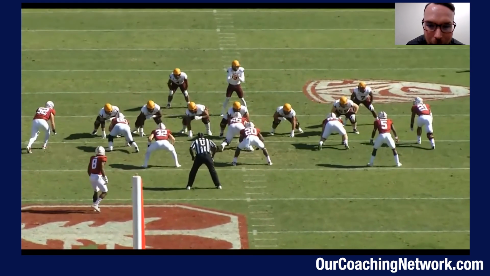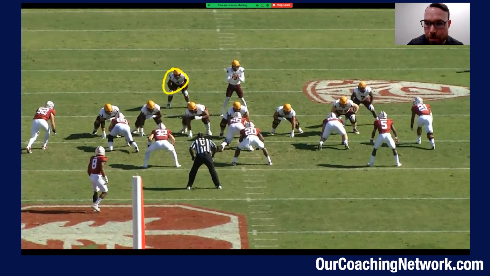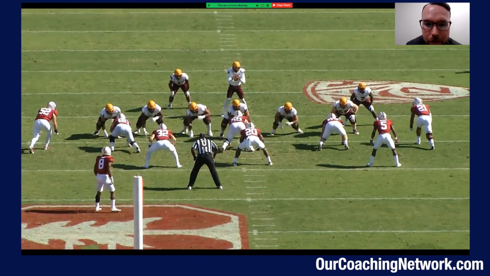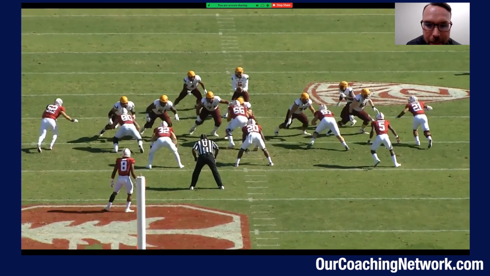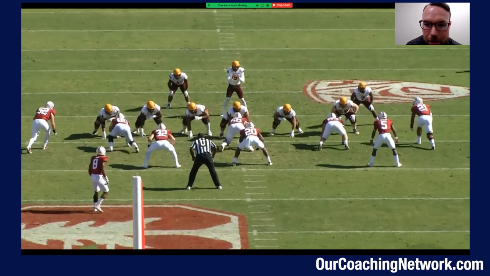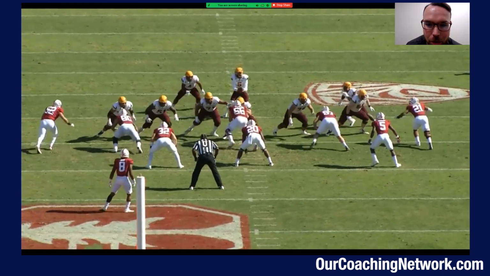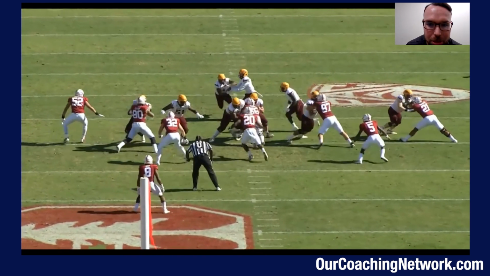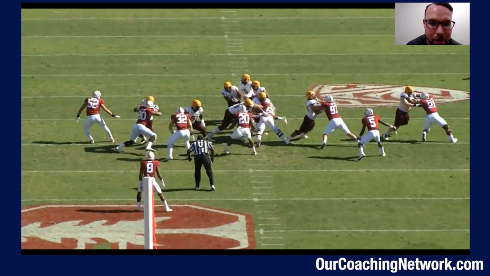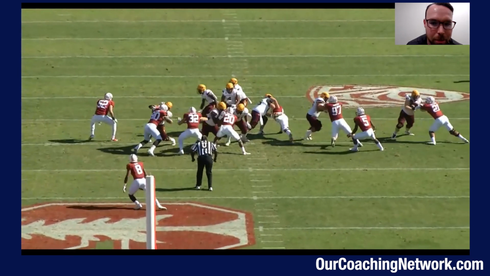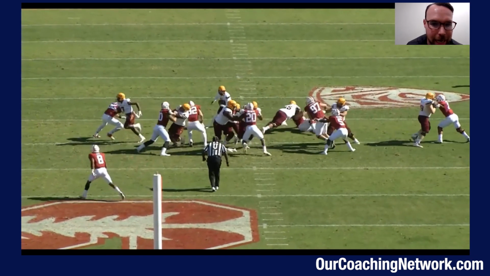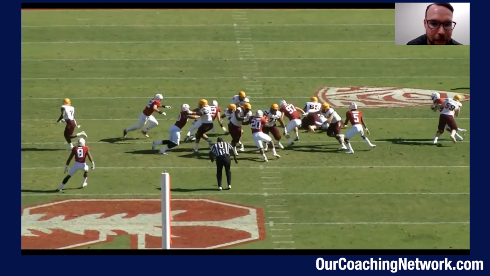Here's a much better picture of it where same thing. He knows, hey, back's away, have to block 21. That means boom, I can play the fan. You can even see him cheating his alignment aggressively inside in anticipation of the fan block. If you watch his feet, he's not even honoring the threat of playing that tackle. He's going right in for the guard. And I'd say, hey, he's almost being a little bit too cute because he gets really thick on that guard. You can see how it helps him. Or boom, he knows, all right, I've got extension. It's not getting all the way to my B gap. I can shed, arm over,